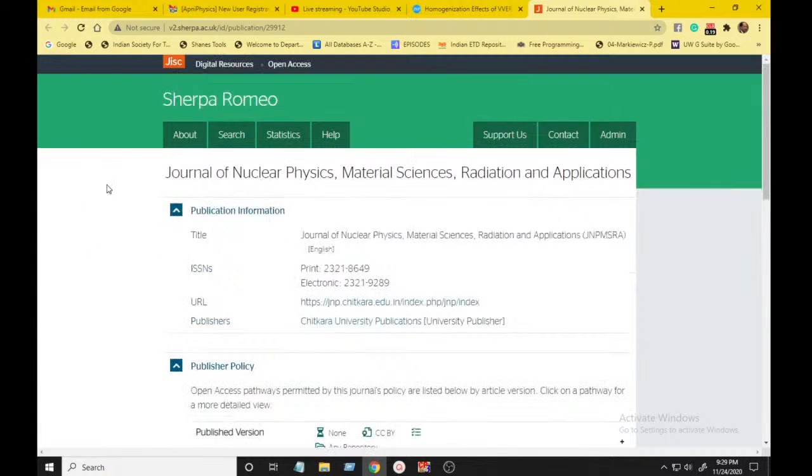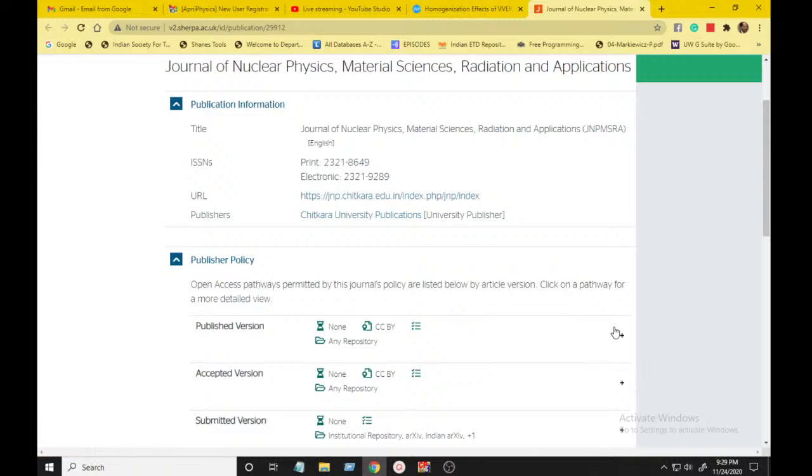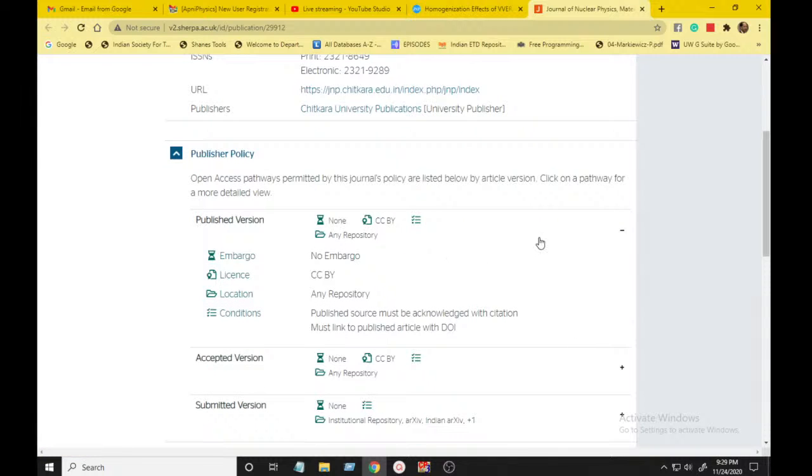If you want to know any journal's publication policy, you have to follow Sherpa Romeo, and here you can see the URL link of it, right? So this is the idea. The published source must be acknowledged with citation, and must link to the published article with DOI, right? This is the condition: you can use it anywhere, but the only constraint comes under publication ethics. When you use any article content, it's your moral responsibility that you should give the credit